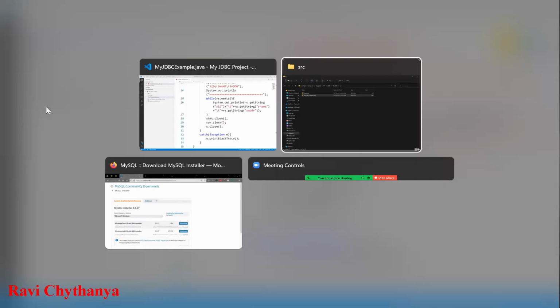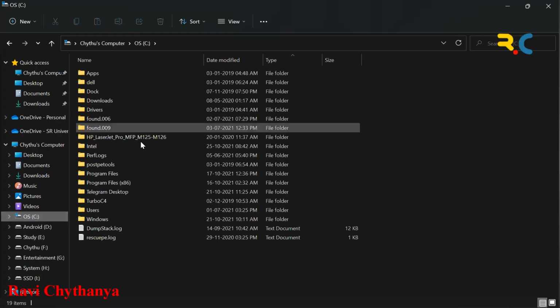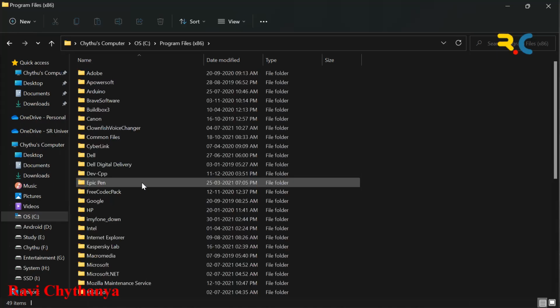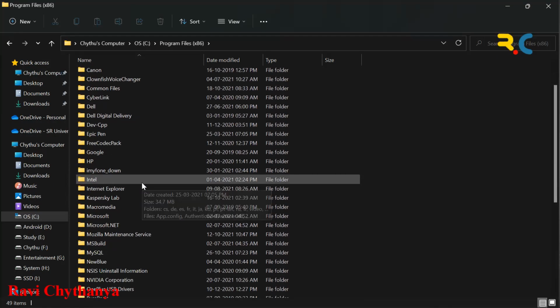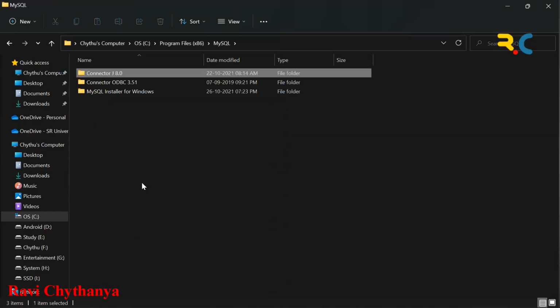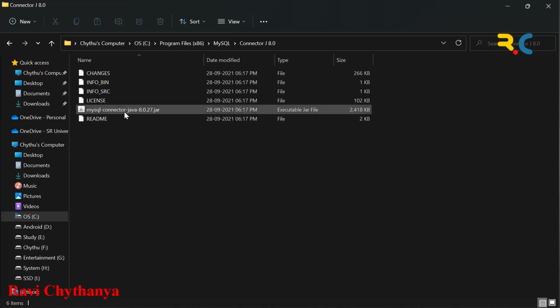The connector is available in my C drive, in Program Files (x86), because I have installed 32-bit MySQL. There you are going to have MySQL, and Connector/J 8.0, and this is the jar file I need to have. This is the library file I need.